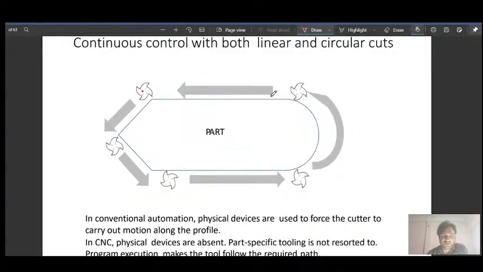This one is cutter. So suppose you are starting from here. So from here it goes straight. Okay, only straight cut. And which interpolation? Linear interpolation. Then from here again it is continuous motion, and again this one is not a straight cut but